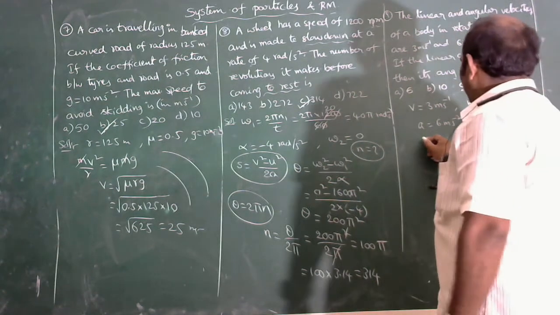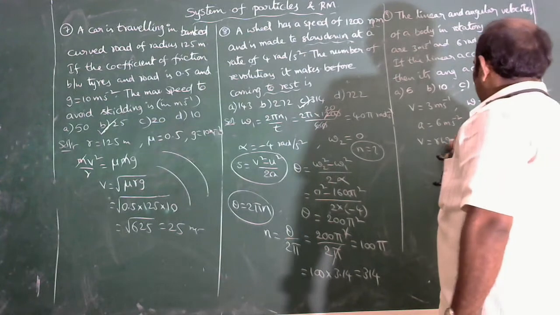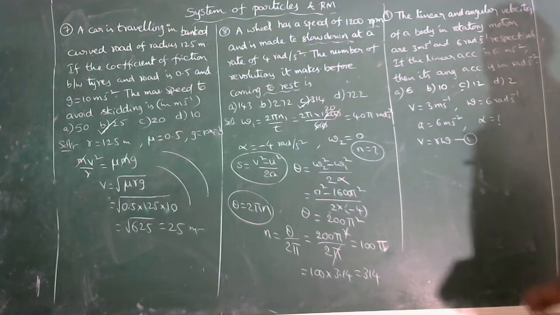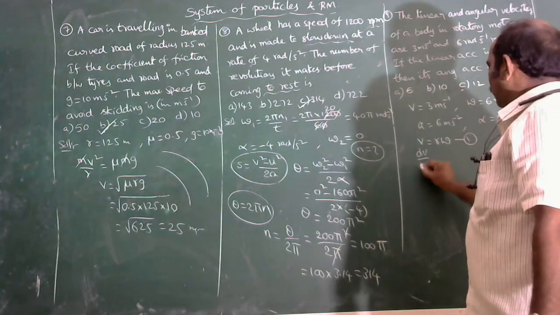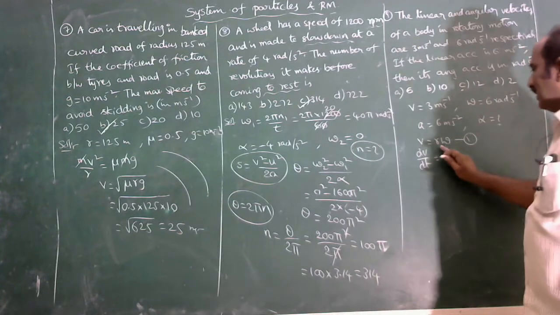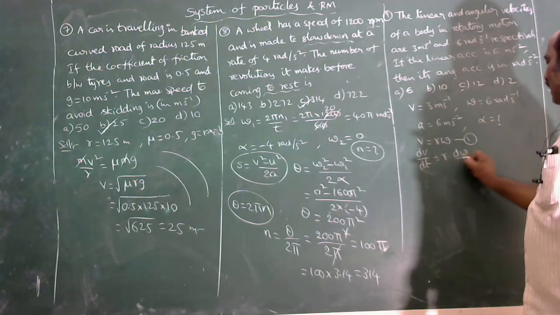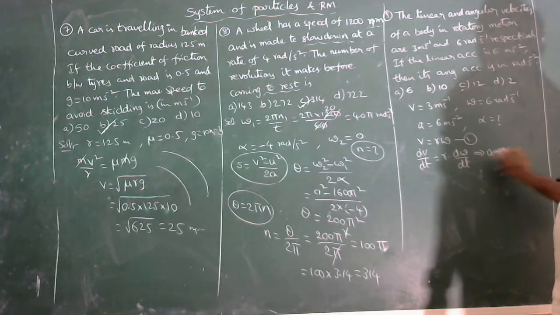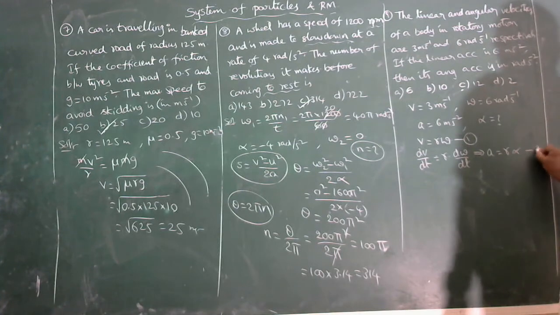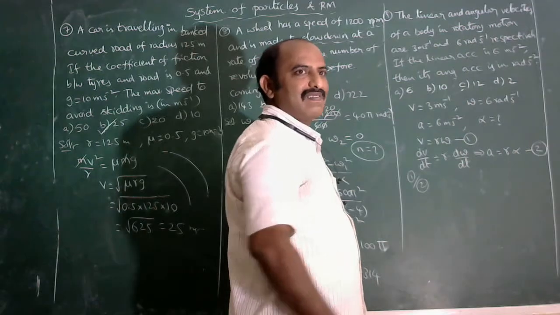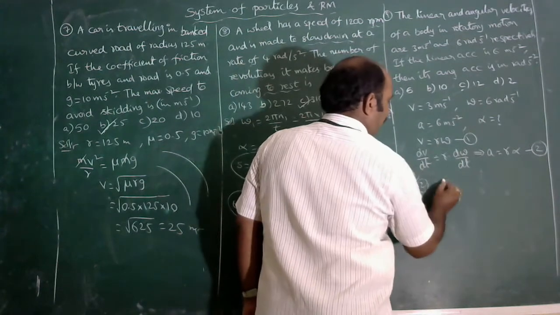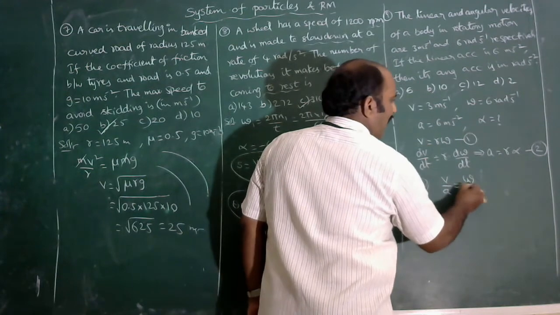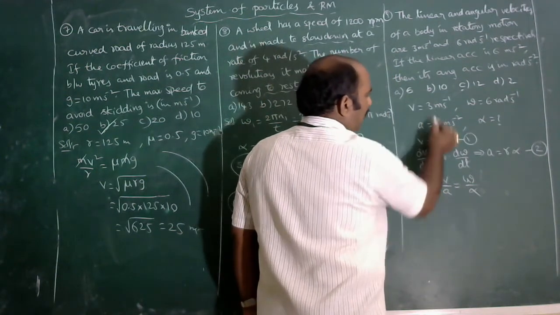You know the relation between v and omega. v is equal to r omega. Say this is the first equation. Differentiate on both sides with respect to t. Then we get dv by dt is equal to, here radius is constant, r d omega by dt. Then we write dv by dt is nothing but linear acceleration, r into this is nothing but angular acceleration. Say this is the second one. Now do 1 by 2. v by a is equal to r omega by r alpha. Use omega by alpha. Substitute all these values here.